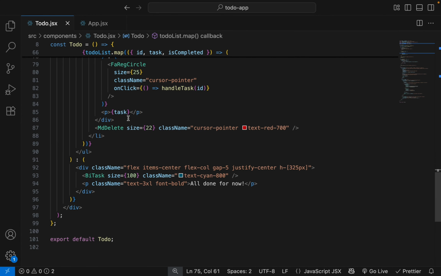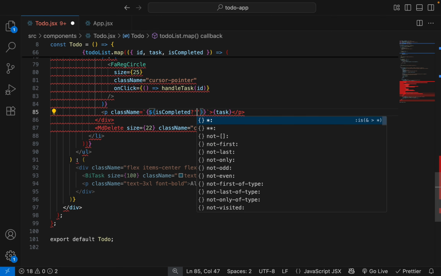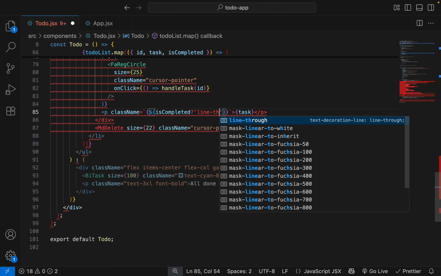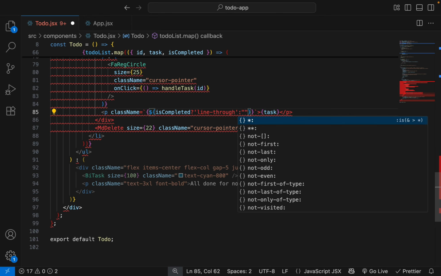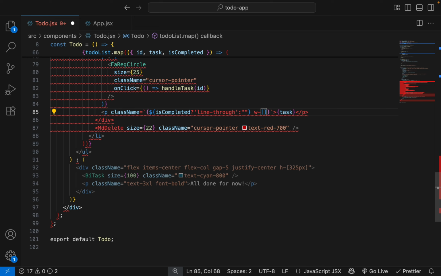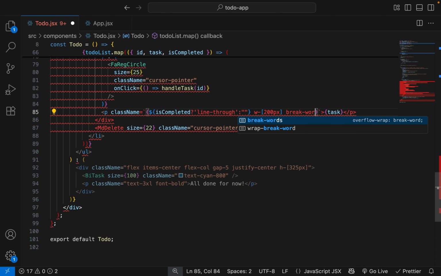Now let's come to the p tag, adding classes. Using backtick, if is completed then show line through, otherwise nothing. And some extra classes, width 200 pixel and break word.